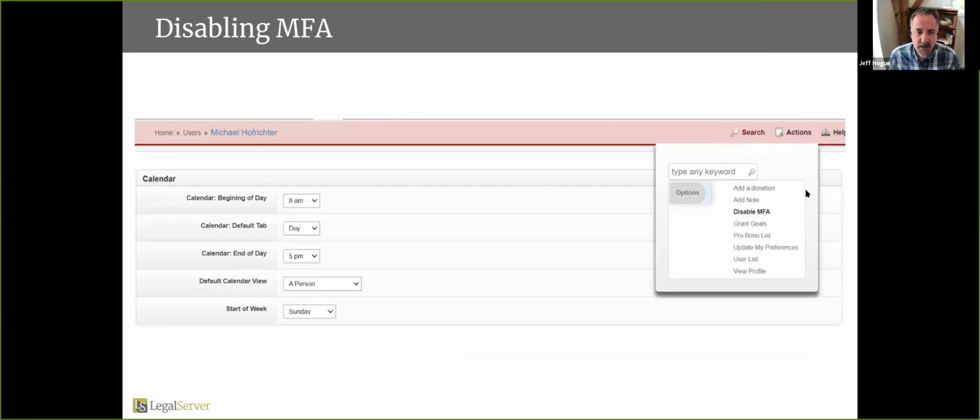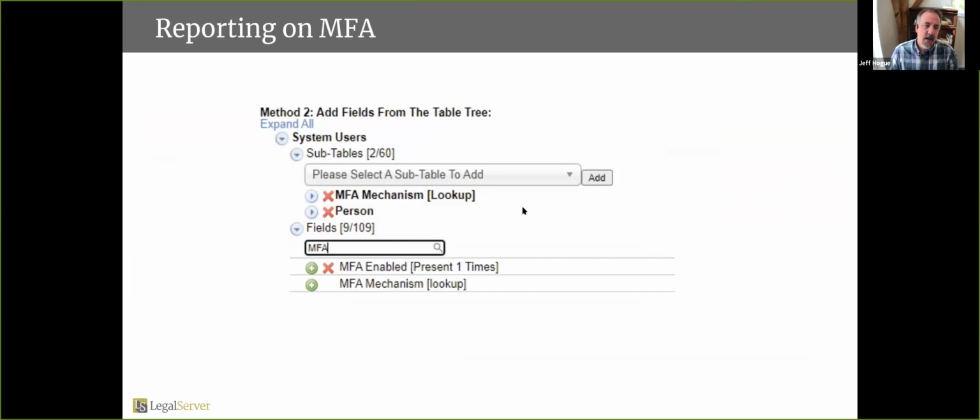The person may be able to disable their MFA for their account, depending on what settings you've set. Importantly, let's say you have decided as a policy that the entire agency is going to use multi-factor authentication. The best way we have right now for you to check and see if folks are doing this is to create a report of all the users and print out whether MFA is enabled for those users.